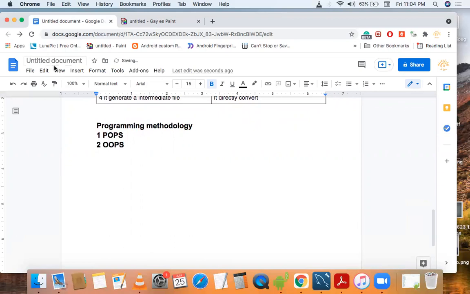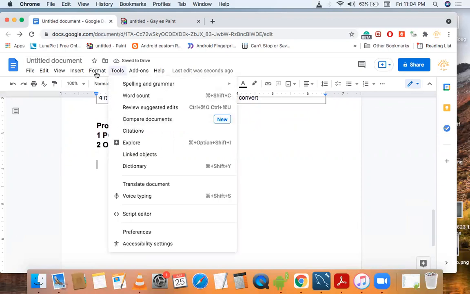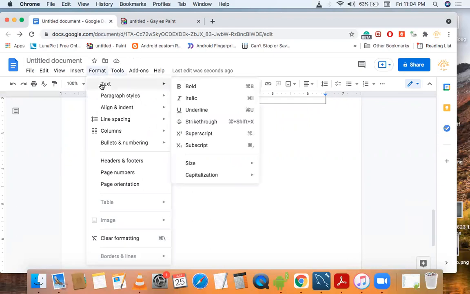Now we will create a table to understand the difference between OOPS and POPs.